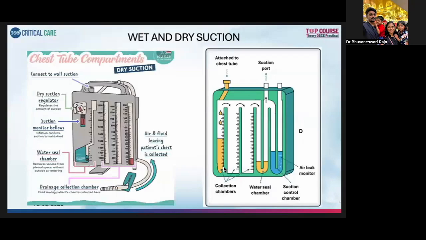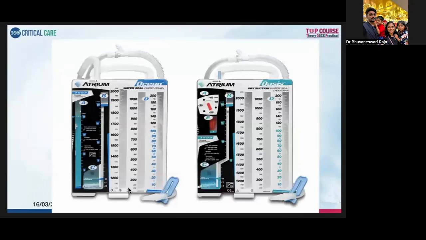So suction can be of two types. One is wet suction and the other is dry suction. Wet suction, wherein in the third chamber there is a rigid straw immersed into the water, and the depth of the immersion decides the suction pressure. There is also another type of suction called dry suction, wherein a dry suction regulator controls the suction. So you can see that this is one of the wet suction, where the initial